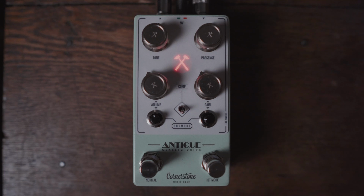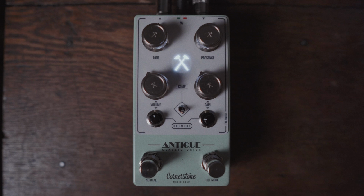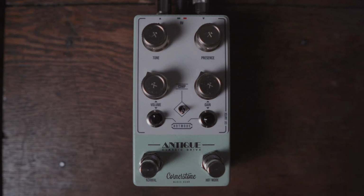There's one thing about this pedal that's taken me a little getting used to, and that's how these function right here. So this basically turns the normal mode on and off, right? And then this turns our hot mode on and off. But when I hit this again, it doesn't go back to the normal mode. It just turns it off. So that allows you, it's a really smart and really great design, I think. I don't know that I've seen this